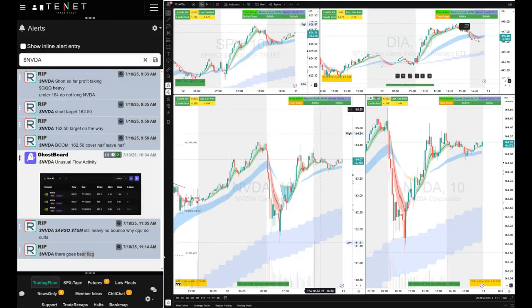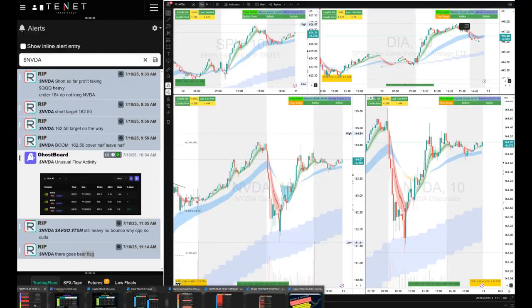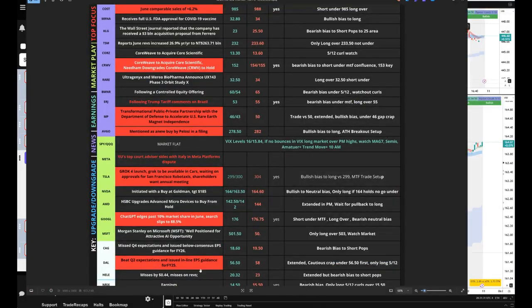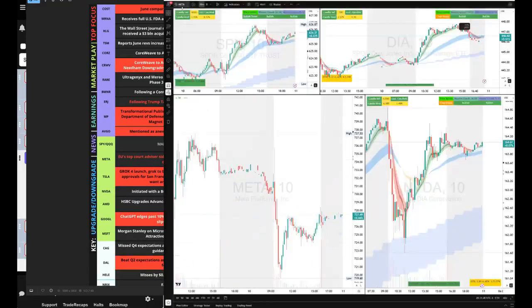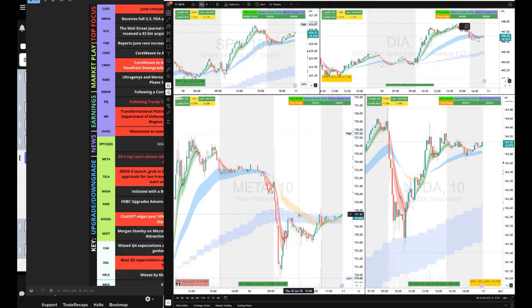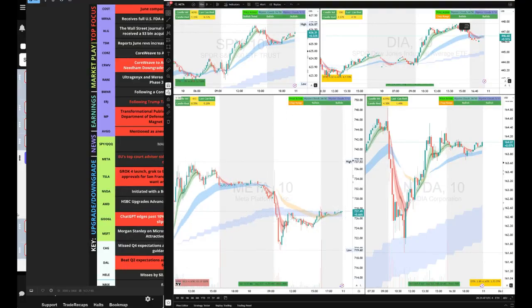All right, so now we looked at our NVIDIA short. So let's look at some of our other plays as well, right? So what were some other plays? We had Meta, and let's look at Meta. Meta had bad news right here. You can see that Meta had news. If the QQQ is short, Meta is short. You take the short, MTF breaks, take it all the way down, and traders were just literally killing it.